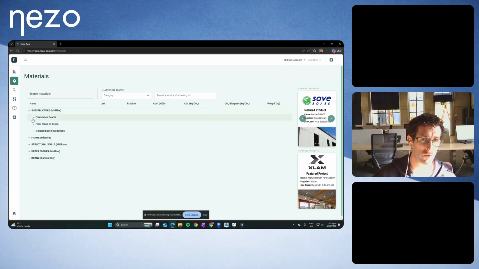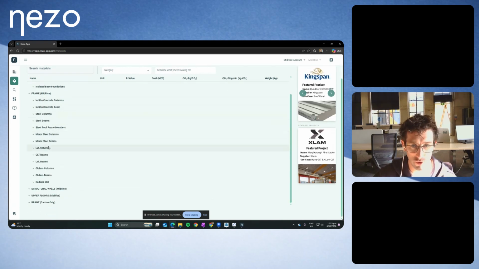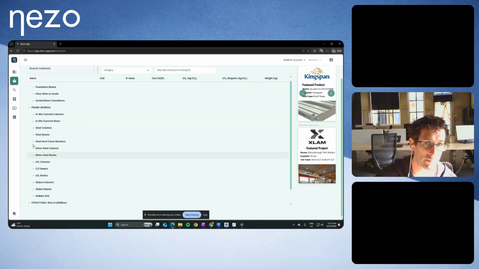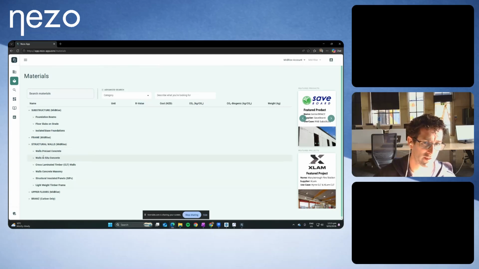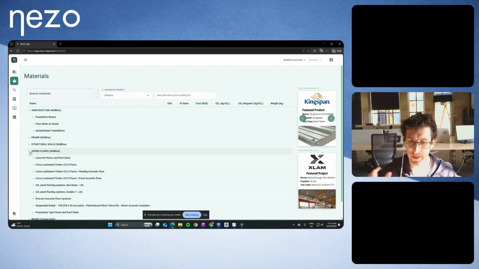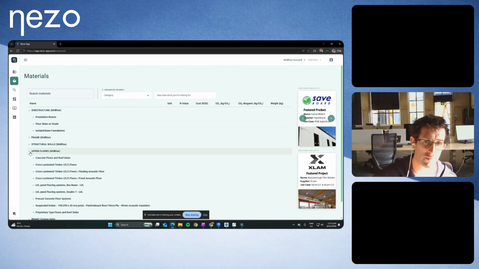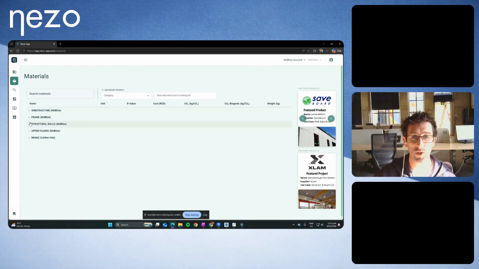So we have a host of those. We go through foundation beams, isolated base foundations, through to structural steel, structural LVL, structural glulam, minor steel beams and columns like PFCs and SHSs, our cross-laminated timber structural walls. We have some options for SIP panels. So it is growing, and we're refining and improving that. Obviously, in the full Nezo package, there are thousands of these assemblies. Right now, I believe there are over 60 available to you in the free tool,